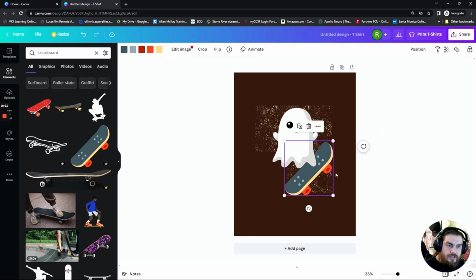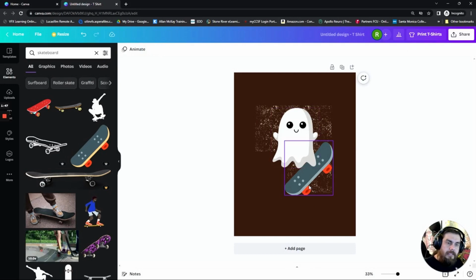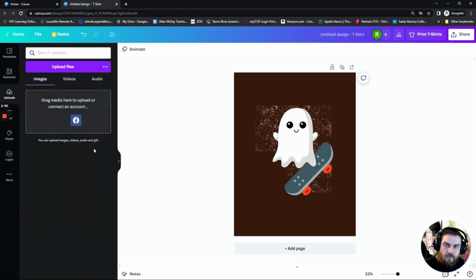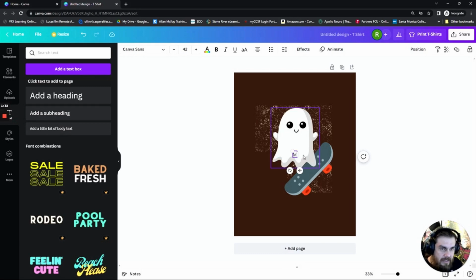You can change colors here. Certain things have color changes. So this one graphic has, let's say we want to change the color of that little part to gray. So we can do that, to customize it and make it your own. And then we're going to skip uploads because we're not uploading anything yet. We hit text here, and we can add a text box. And let's say we want to combine that,